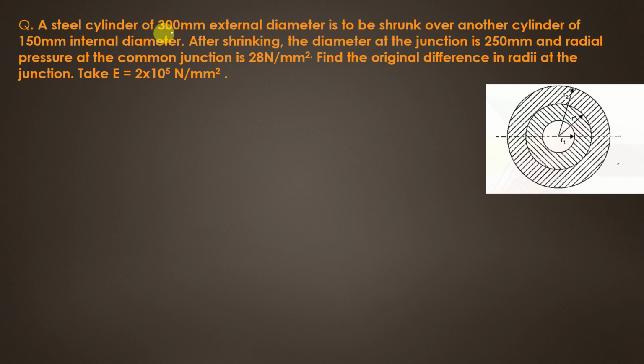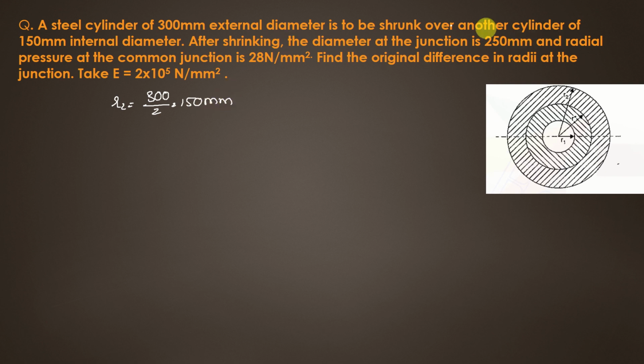So we are given the 300 mm external diameter: the steel cylinder of external diameter 300 mm is to be shrunk over another cylinder. That means they have given the outside diameter of the outside cylinder. Then can you tell me what is the radius? R2 will be 300 by 2, that is 150 mm,